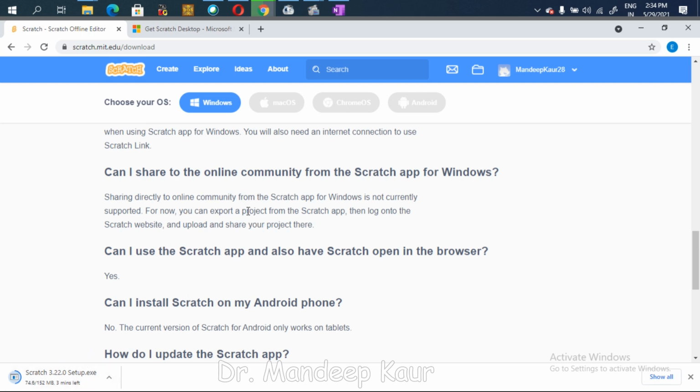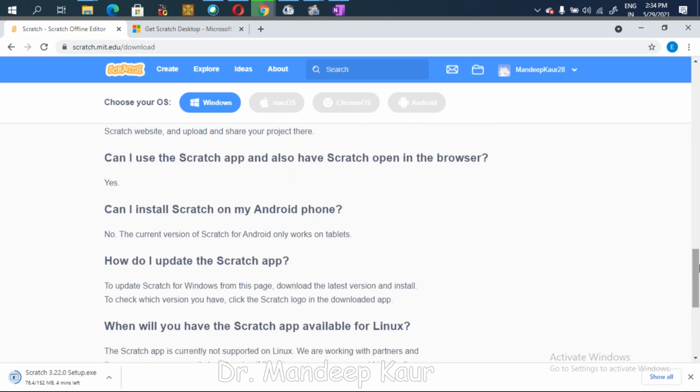Then, can I use both the offline and online versions on the same browser? Yes, you can. Can you install it on your Android phone? No. You can download this on your Android tablets. It works perfectly on tablets, but presently they do not support any software for the Android phone.